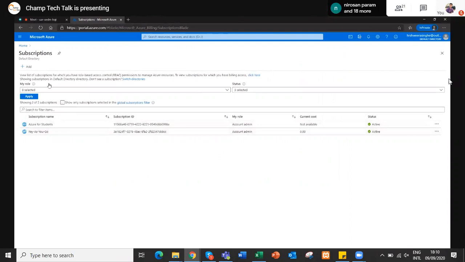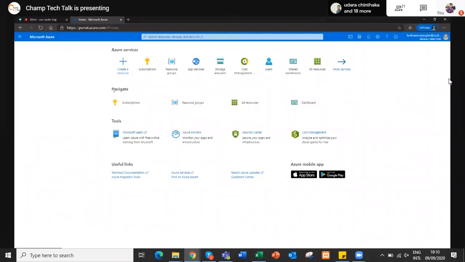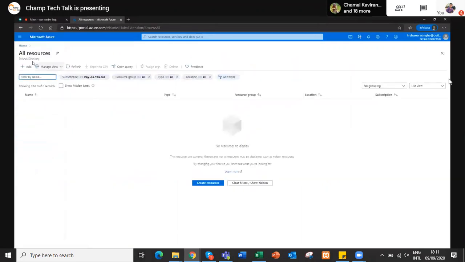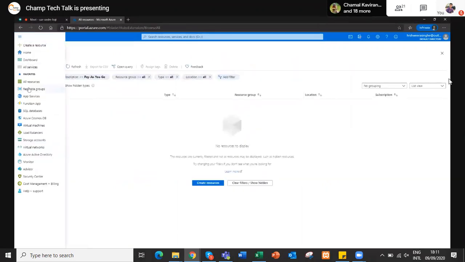Once you create an Azure subscription, the first screen that you get is this particular screen. If you click on the three lines, you can see create resources, home, dashboard, services, a lot of things. If you click this all resources section, it's going to show you the resources that you currently have.